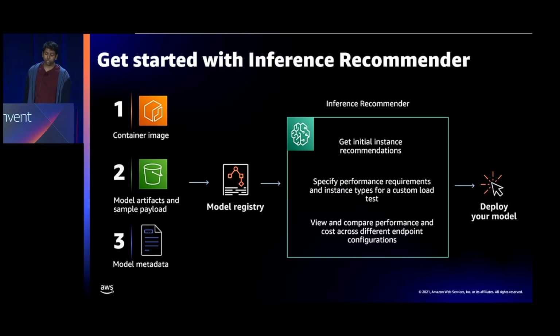Now, if you prefer to select your own instance types and manage your own load tests, you can also do that with Inference Recommender. It lets you input custom traffic pattern, as well as select all the different instance types you want to test for your model and payload. And finally, once your instance recommendations or load test is complete, you can review your performance and cost metrics across all the different endpoint configurations visually from Studio or using your favorite visualization libraries and using the AWS Python SDK or CLI. And once you've selected an endpoint configuration that fits your needs, from Studio, you can now one-click deploy your model to production.